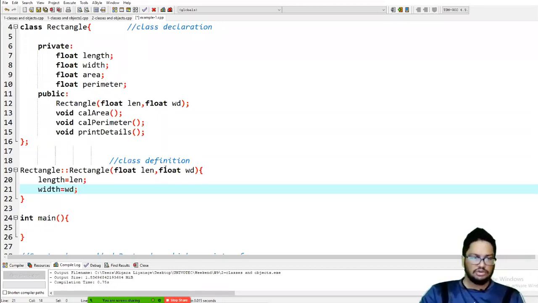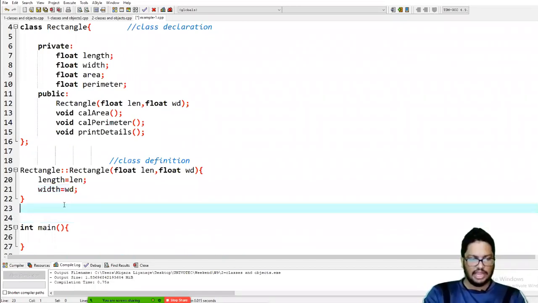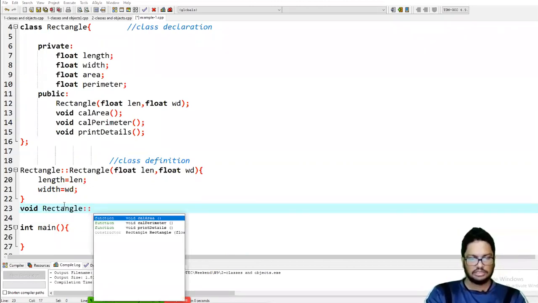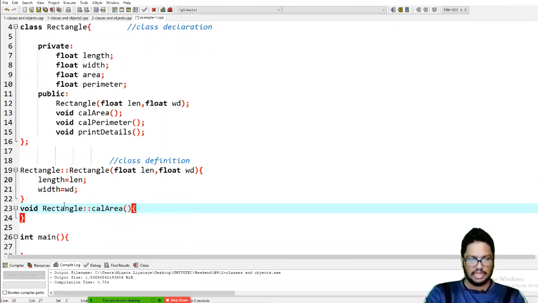Okay, so how about cal area? First we have the return type, then the class name, colon colon, cal area.